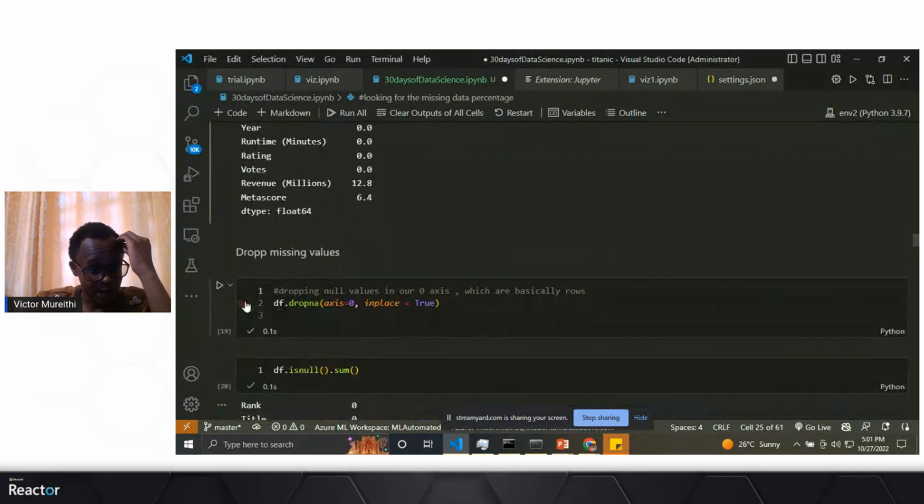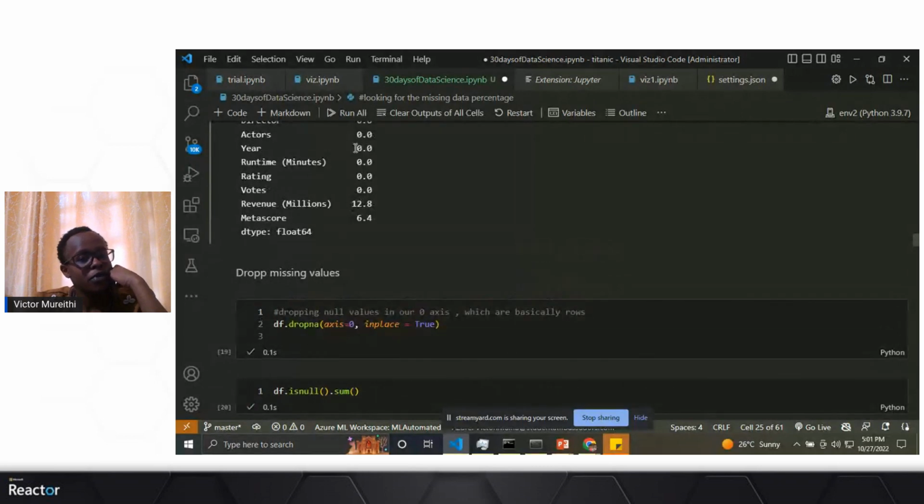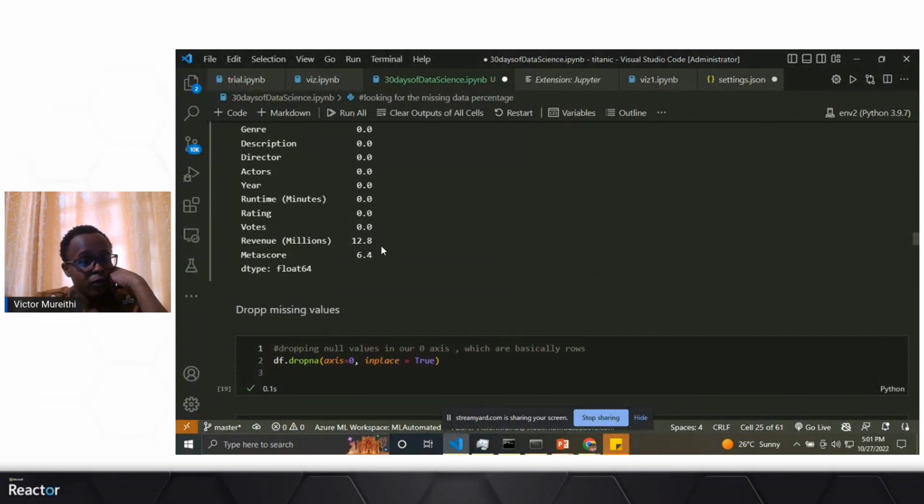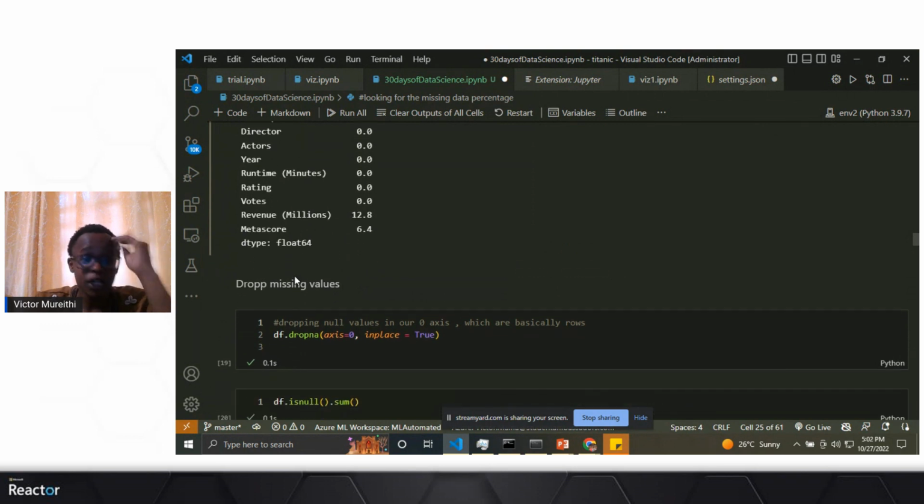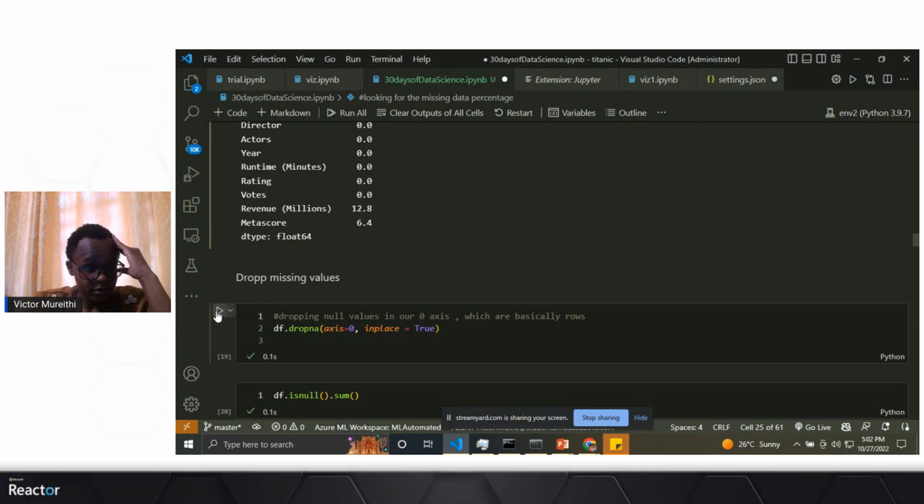So we're going to come here. First, we're going to drop these missing values. As we saw, we have 12% missing values here and 6%. When we drop them, this says data frame, please drop the null values in the rows. Axis equals 0 is for the rows. All right, so when we run this code,